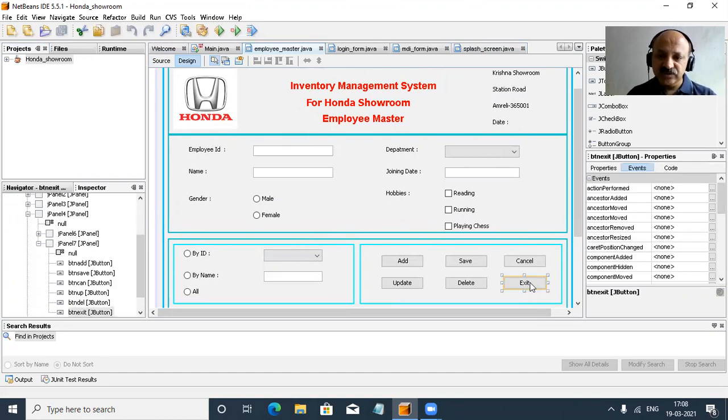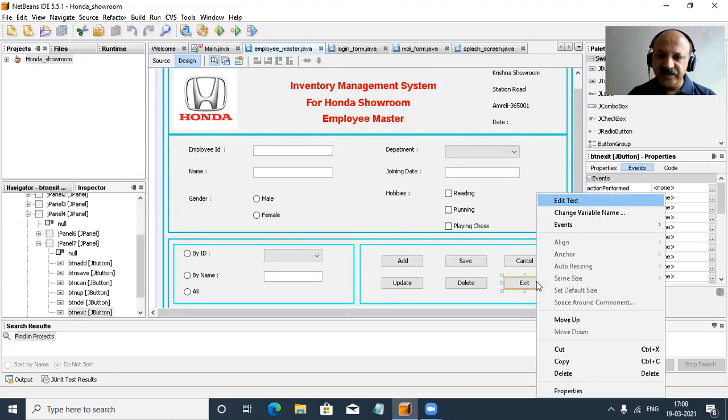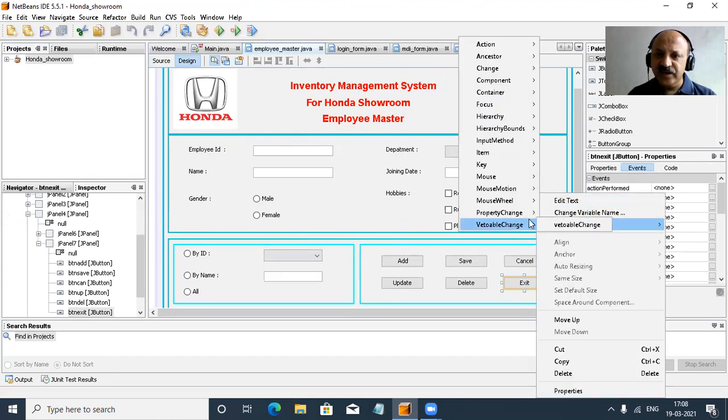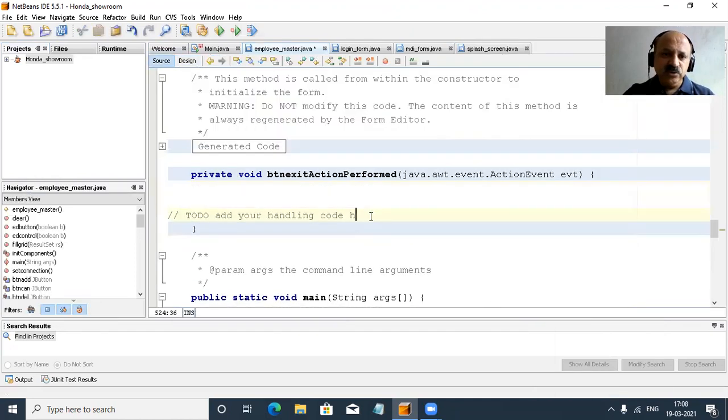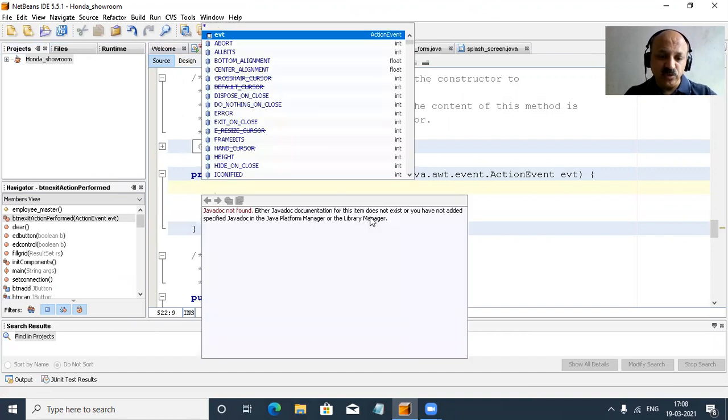So now start. On the exit button, right click, Events, Action, actionPerformed, and we take it as the exit button actionPerformed coding. I remove this comment line and apply a try catch block, because this is advanced Java and all methods may throw errors, so we use a try catch block.